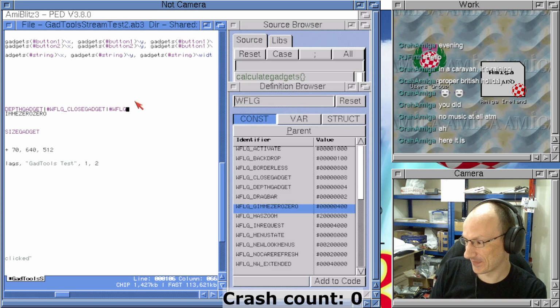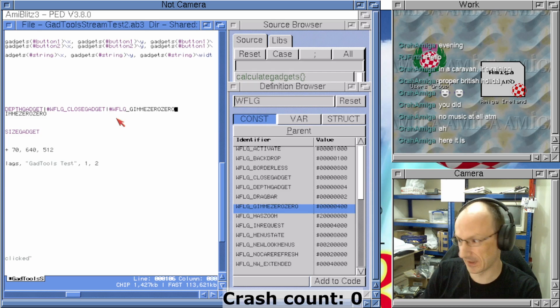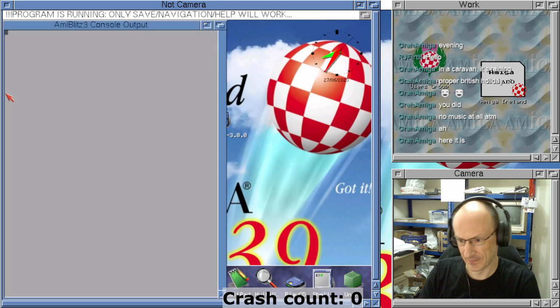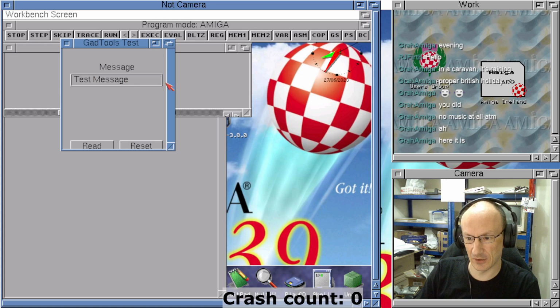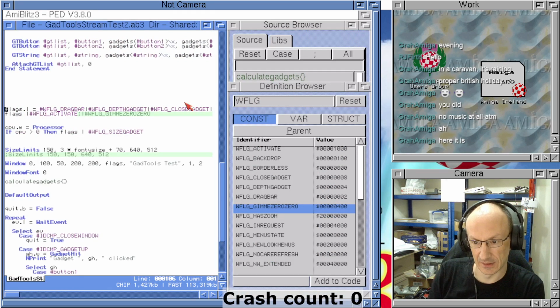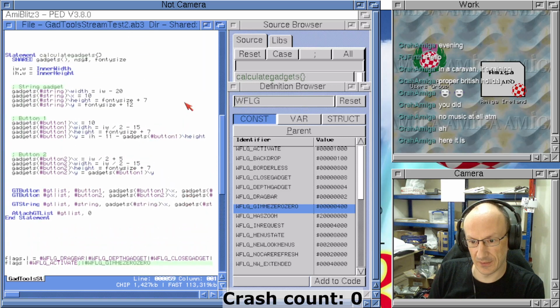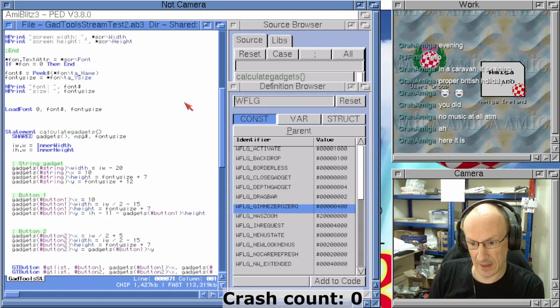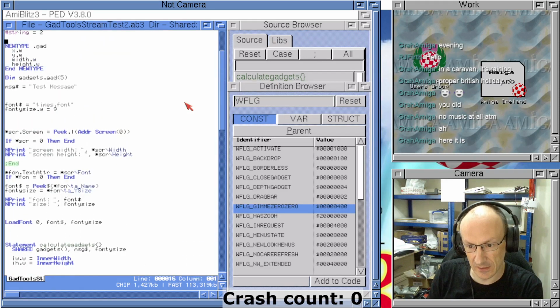Okay, so window flag. I also talked about how this is different on Amiga Blitz and Blitz Basic 2, which is mildly annoying. But now we can see that all our stuff is offset a little bit by the width of the border there and the width of the border at the top. So we have to actually subtract those from all our positions to get them right again. Since everything is calculated the same way,